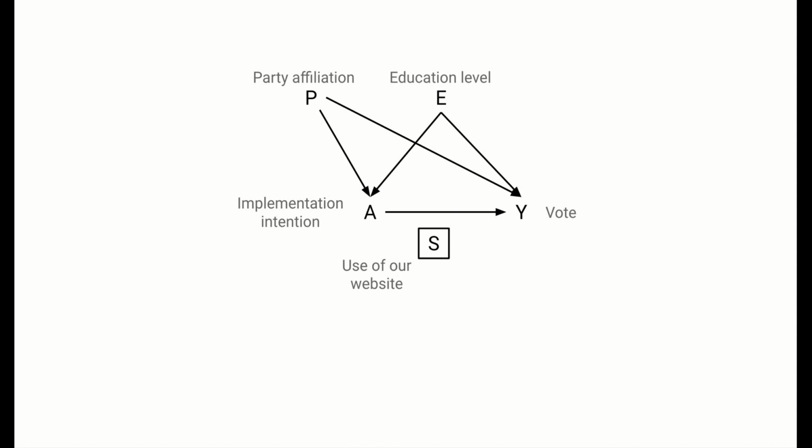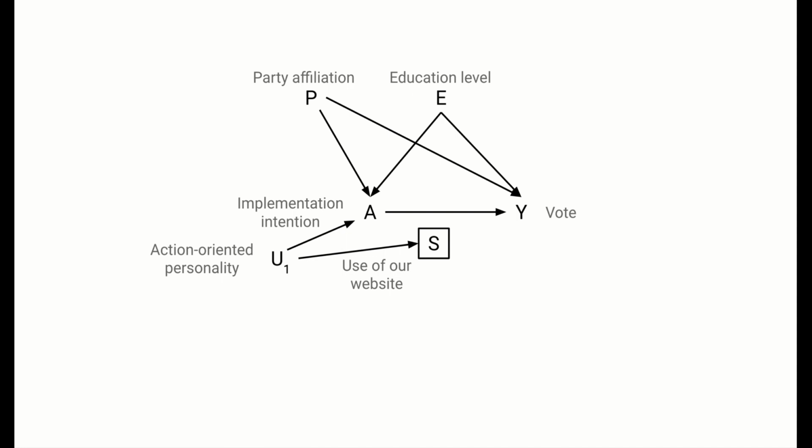The S variable represents use of a website, and that variable is boxed on our DAG because it's inherently conditioned on. We're only collecting data from our website survey, so this variable is automatically yes for everyone who will eventually be in our dataset. Because S is conditioned on, it might open up a non-causal path if it's a collider on a path from A to Y, or if it's a descendant of a collider on a path from A to Y.